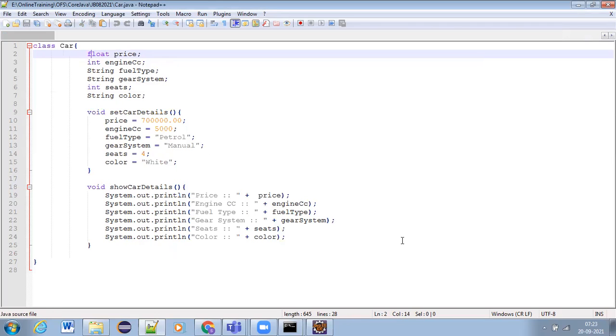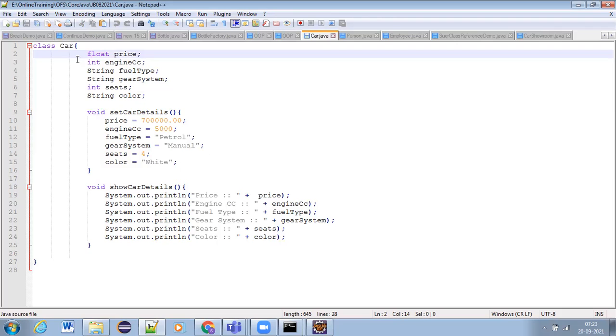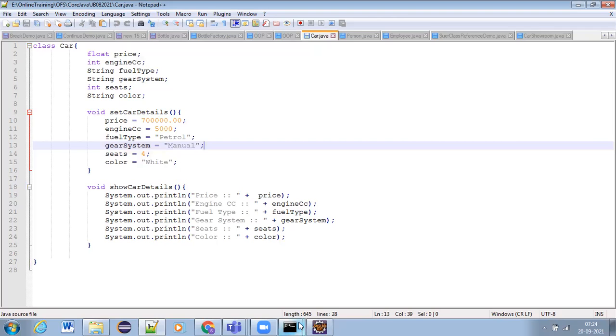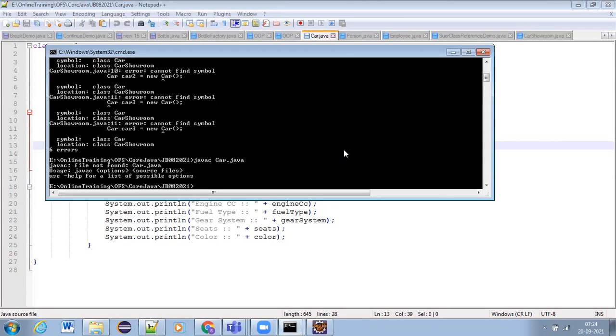Now car has been created as a Java file. Now we can compile. When we are compiling the car showroom, automatically it will compile all dependent classes also. And what are the dependency classes?